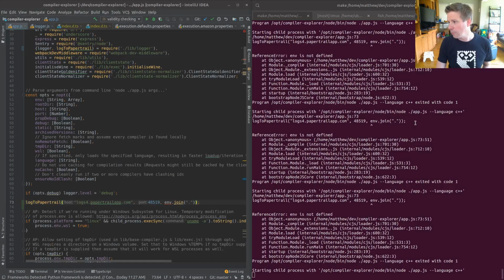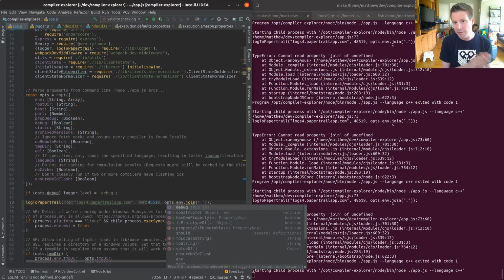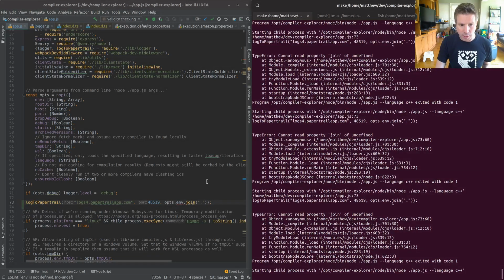I'm so sorry, everybody who's just rejoined us here. It's ops.env. It's definitely a last-ditch attempt to get this last bit working. So if you want to play with the beta site right now, it is actually available and working. And what is this complaining about? Ops.env.join, and it's saying join of undefined. So we should do ops.